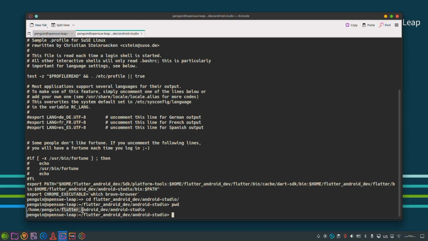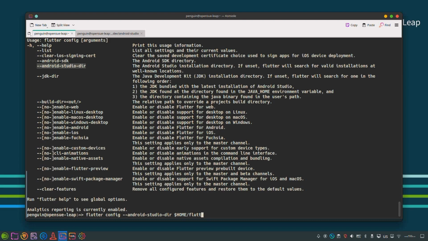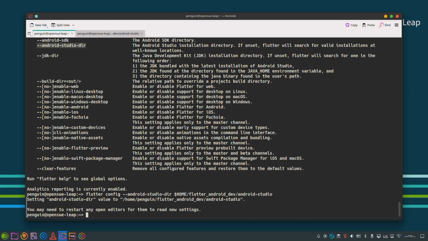You can just copy this one. Okay, and we go here and we paste this. So now I'm telling Flutter that this is where you can find Android Studio, and press enter, setting value to that,